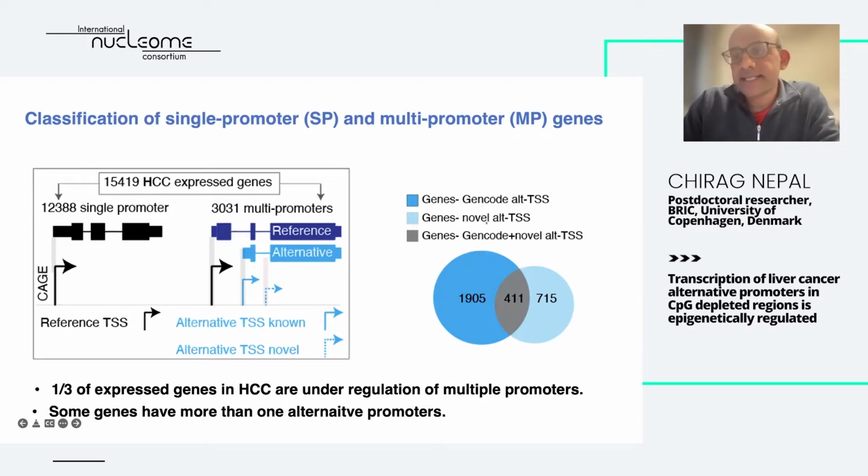When we intersected the known and the novel, we found that some of the novel alternative TSS were already in genes that had annotated alternative TSS. So in total, we find that out of 15,000 genes, one third of the expressed genes are under multiple